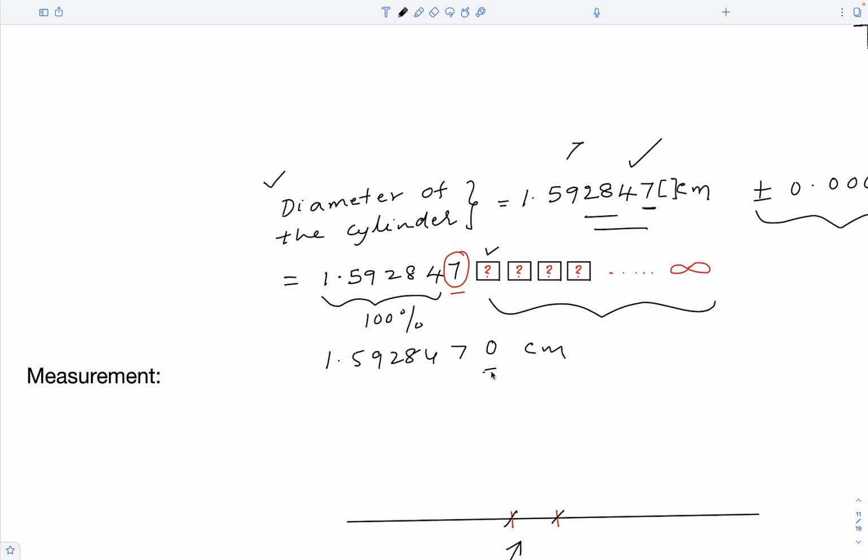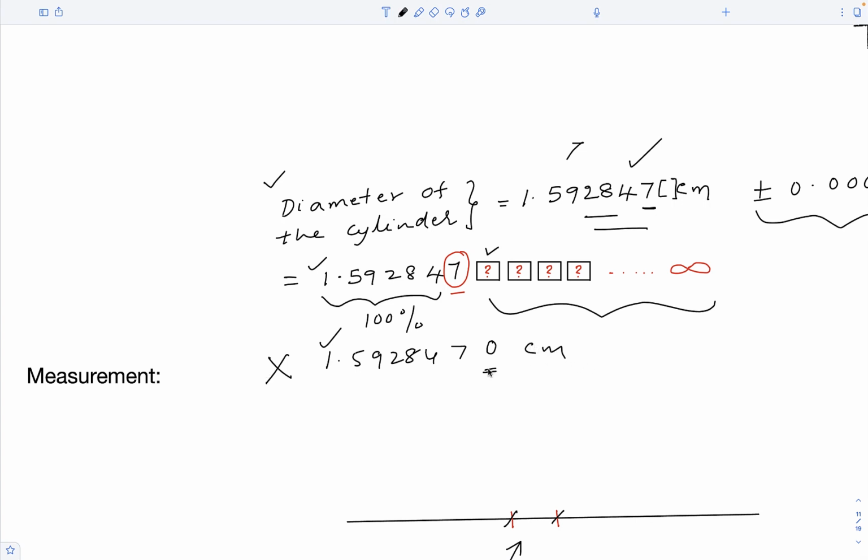That is, can I add one trailing 0 to this measurement? Because mathematically these two values have the same magnitude. You know, you can add any number of trailing zeros to the decimal part of a number without changing its value. You can do that in case of exact numbers, but you cannot do that for measurements, because